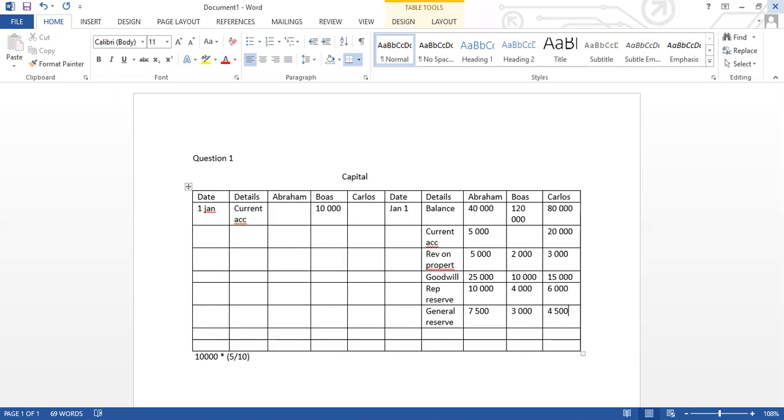All right. Any questions? Okay. So we move on to the next additional information. What is it saying? The new profit sharing ratio for Abraham and Boaz is 1:1. Okay. So in that case,